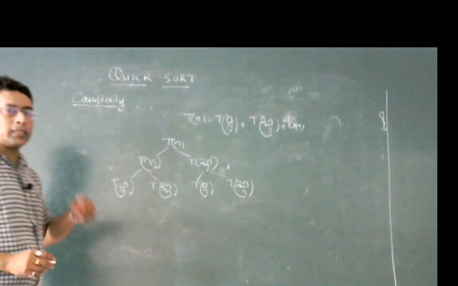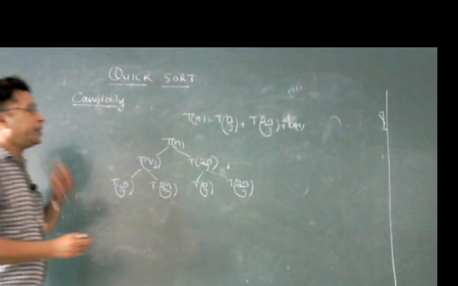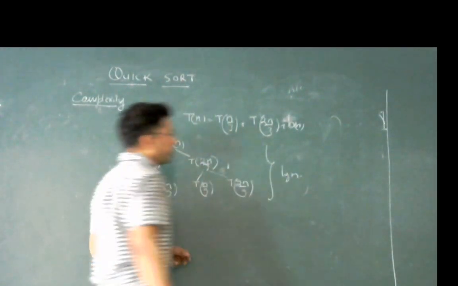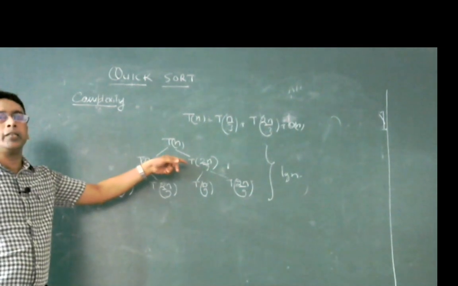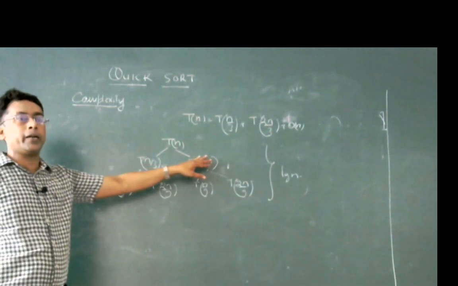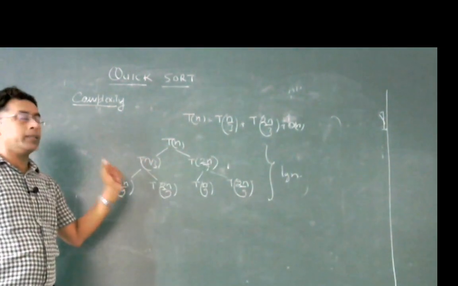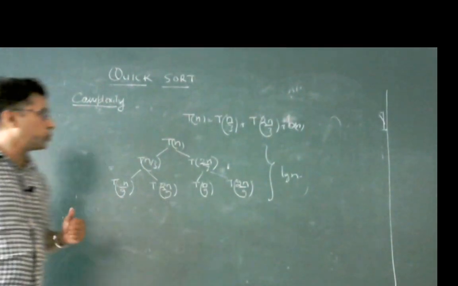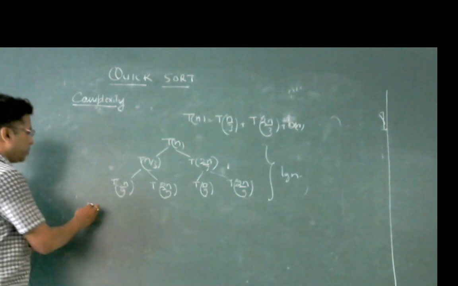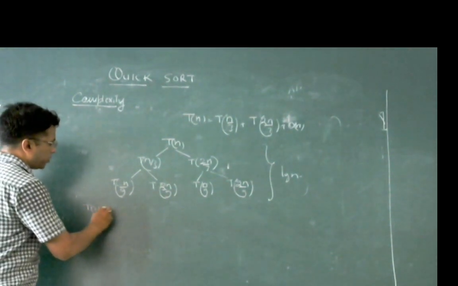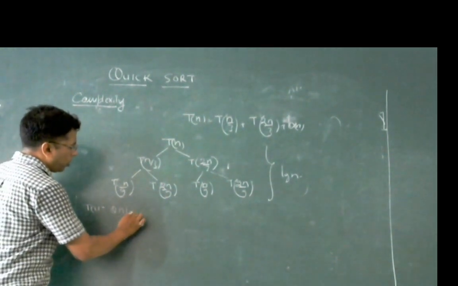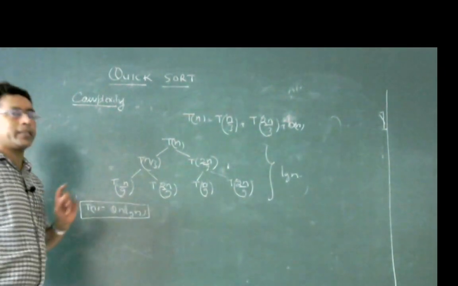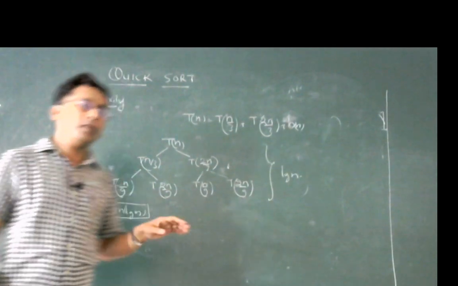In this case, this is also like a binary tree, and the height here will also be log n, but the base will be 3 by 2 because 2n by 3 is the larger part here. So in this case also, the performance of quicksort will be very similar to the best case, and Tn will again be theta of n log n. So it is slightly greater than theta n log n, but the order would be like this.